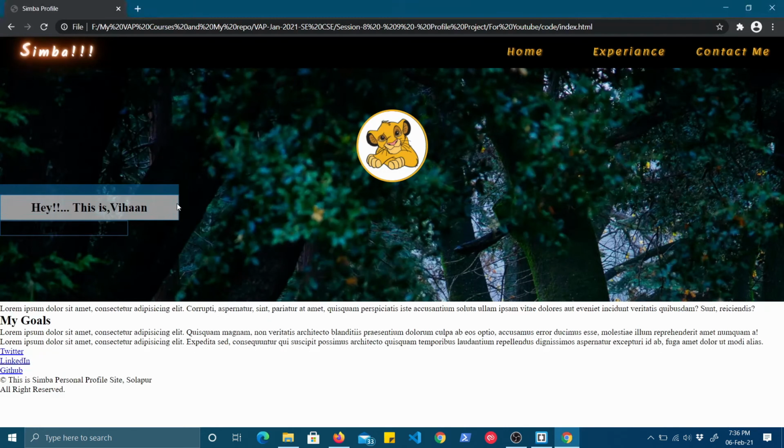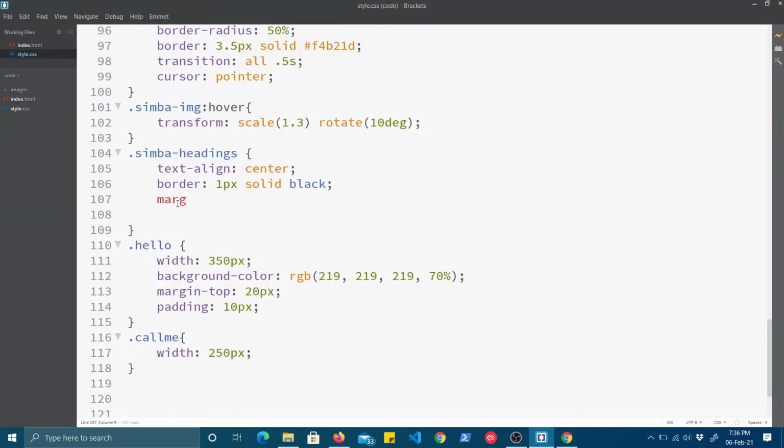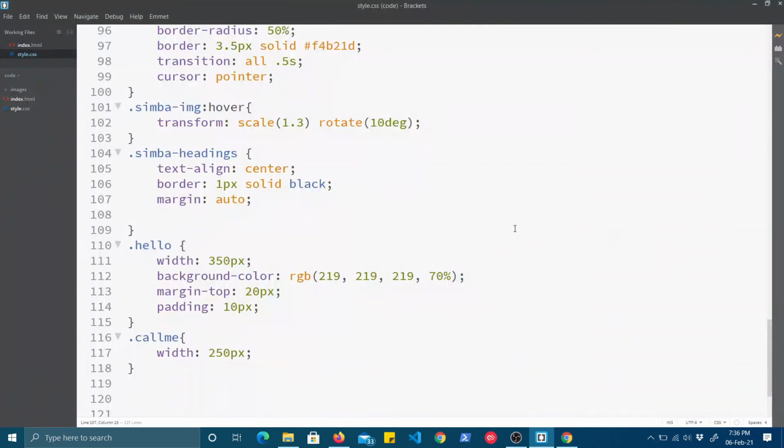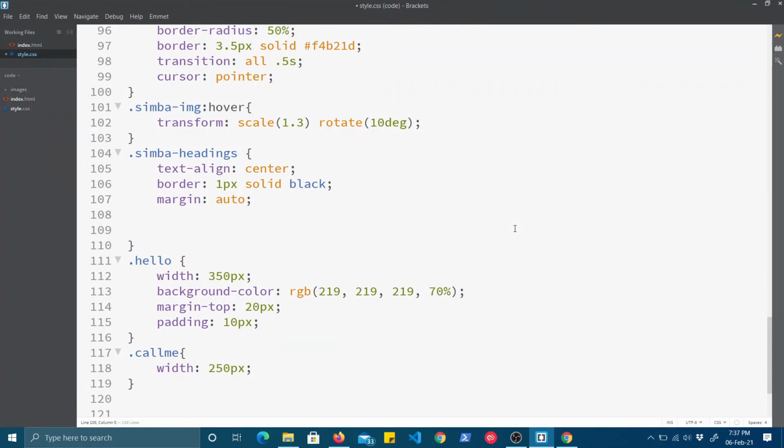So now here we will have margin. Now see, when I give margin auto, what will happen? Okay, the moment I give margin auto, see what happens, it has come to the middle. Why has it come to the middle? Because automatically the margin to the left and right has been set by the browser. Okay, so it is a good way of keeping the division in the center of the screen by just assigning margin equal to auto. This is one of the common ways to do that, but this doesn't work always. Okay, there are situations where it will not work. So you have to get those things just by practice. There is no clear-cut law or rule for this,